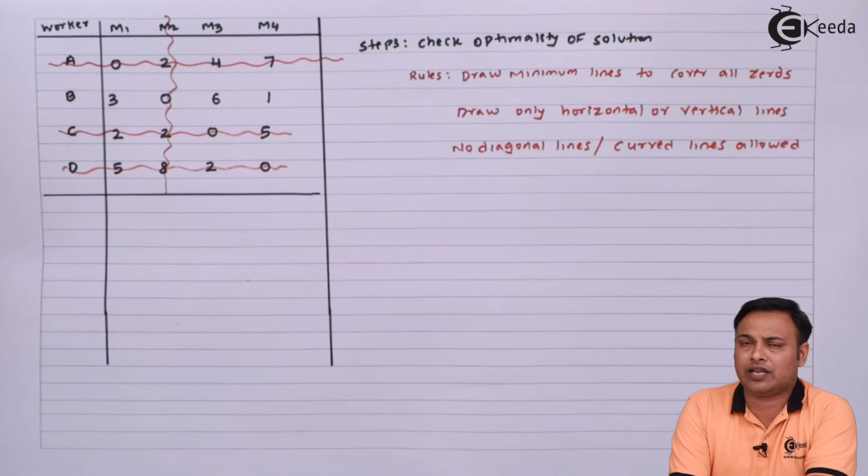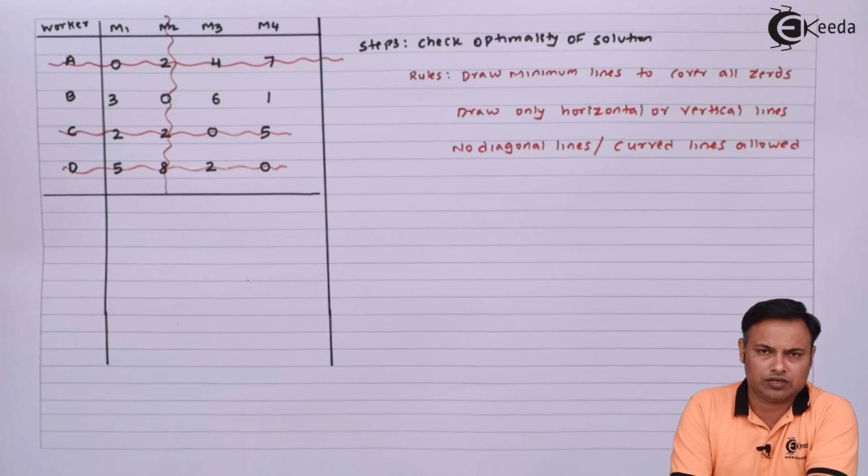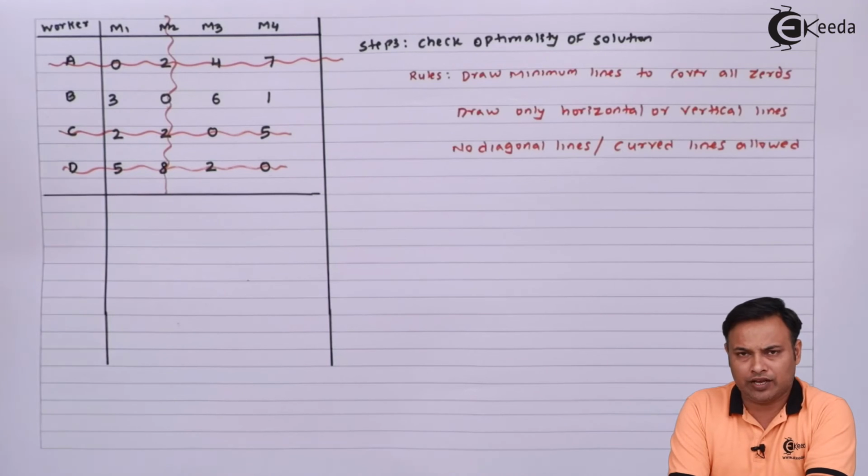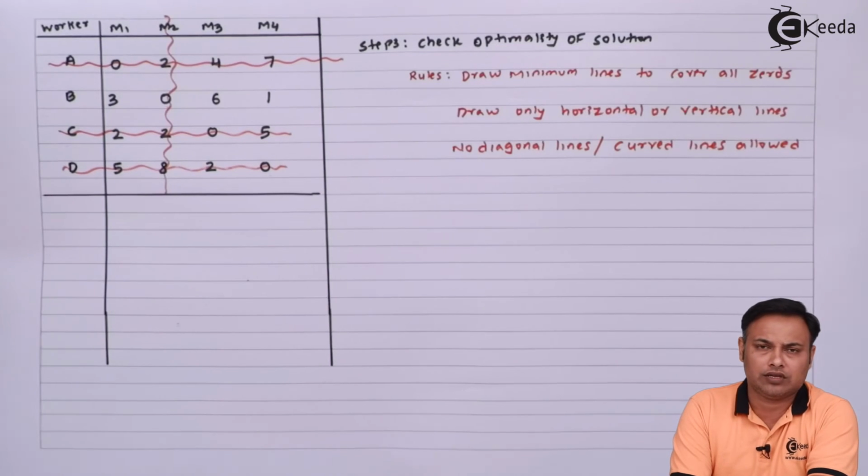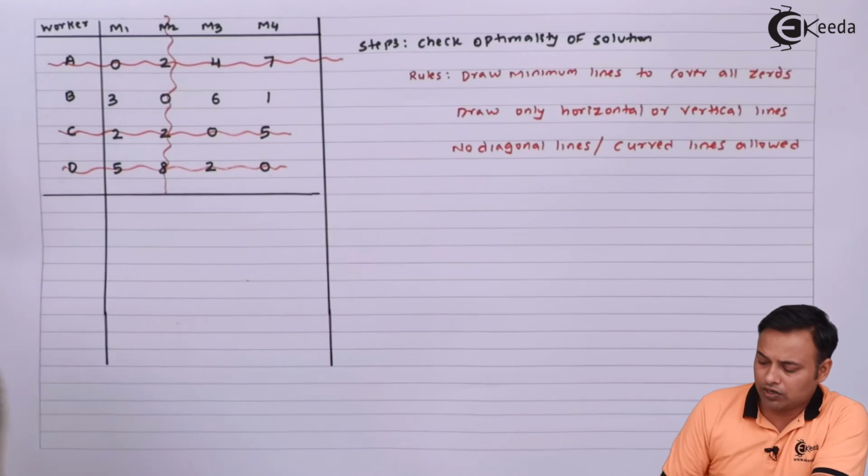आपको सिर्फ ये ध्यान में रखना है कि कम से कम लाइंस में सब जीरोस कवर हो जाने चाहिए। इस केस में मेरे हर एक रो में और हर एक कॉलम में एक जीरो था, इसके लिए मुझे कम से कम 4 लाइंस तो लग ही गईं। तो नोट डाउन।